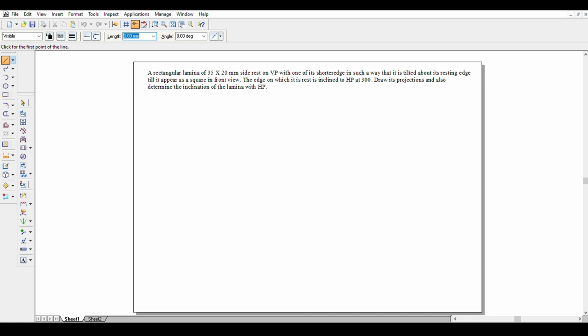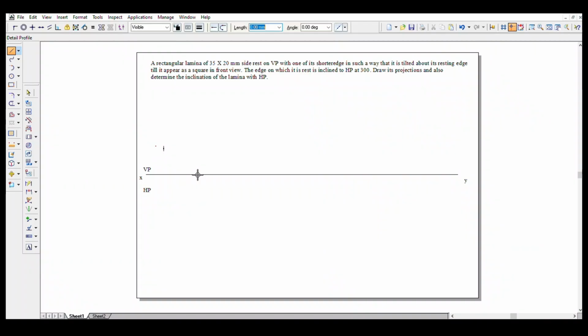Now, before we solve any question in CAD, we draw the XY line. After considering the XY line and the HP and VP lines, we'll draw the rectangular lamina. We can start with one line. The dimensions are 35 mm at 0 degree, 20 mm at 90 degree, again 35 mm at 180 degree. Later we can join this manually or we can enter 20 mm at minus 90 degree and we'll have our lamina. Let us quickly name the